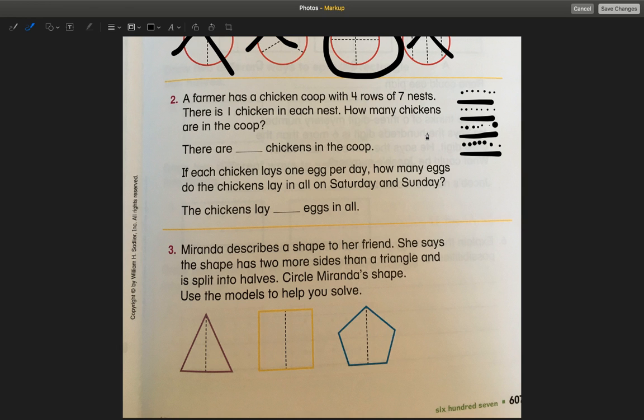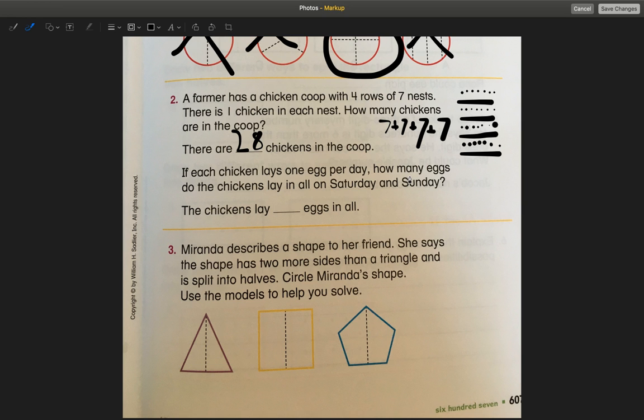So I suggest that you maybe draw little X's. So there's 7 plus these 7 plus these 7 plus these 7. So we're going to do a math problem that's 7 plus 7 plus 7 plus 7. So how much is 4 7s? Well, 7 plus 7 is 14. 14 plus 7 more is 21. And 21 plus 7 more is 28. Or you could just go through and count all the dots. So I know there are 28